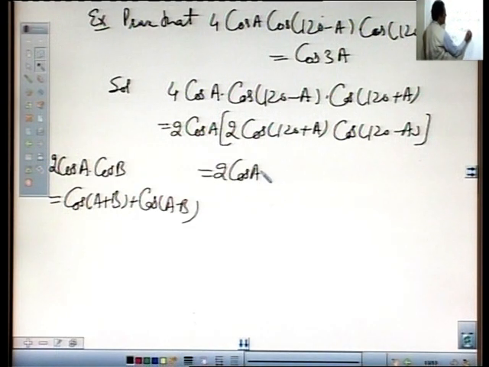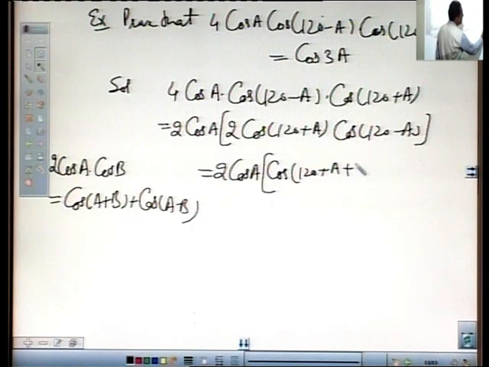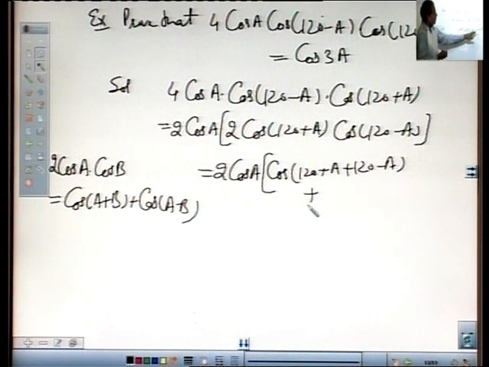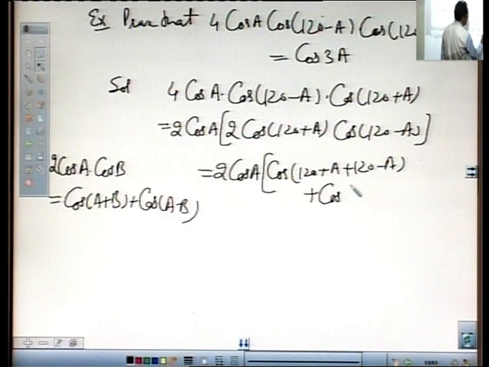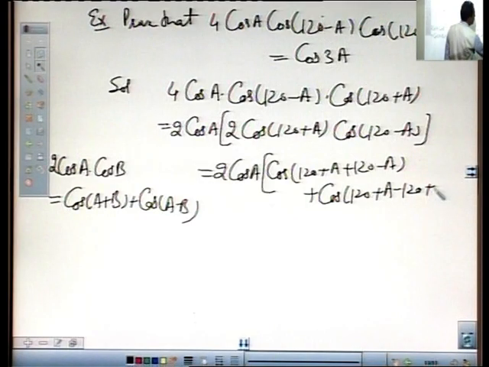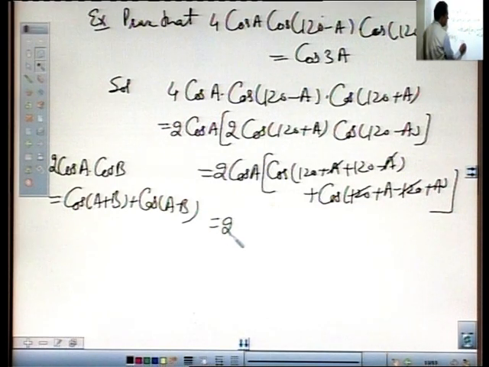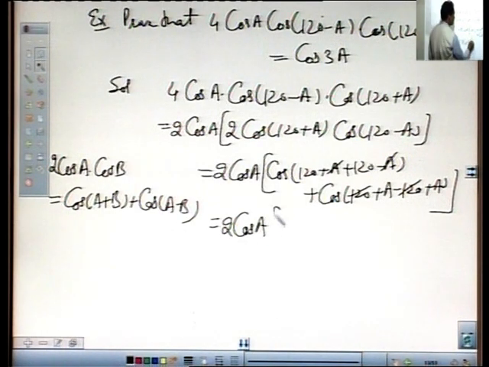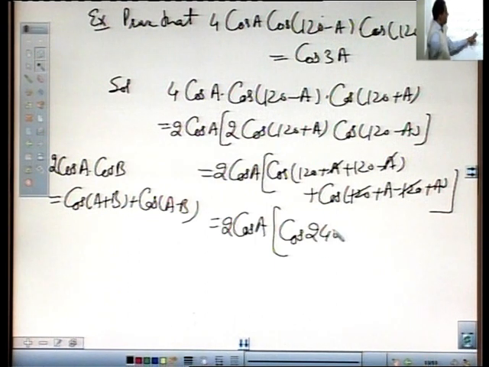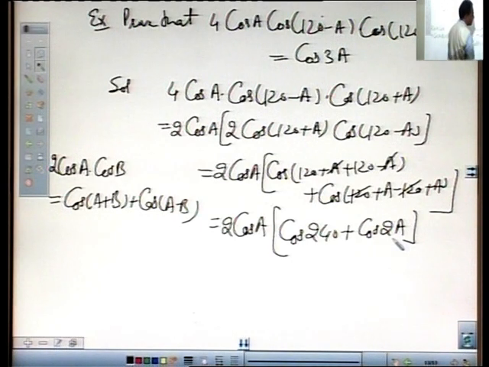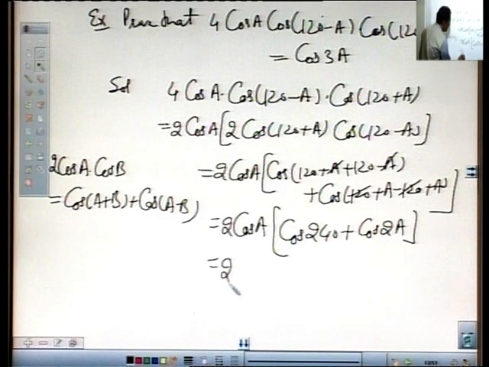So this equals 2 cos A into cos of 120 plus A plus 120 minus A, plus cos of 120 plus A minus 120 plus A. Here plus A and minus A cancel, and 120 and minus 120 cancel, so this equals 2 cos A into cos 240, 120 plus 120 is 240, plus cos A plus A, which is cos 2A